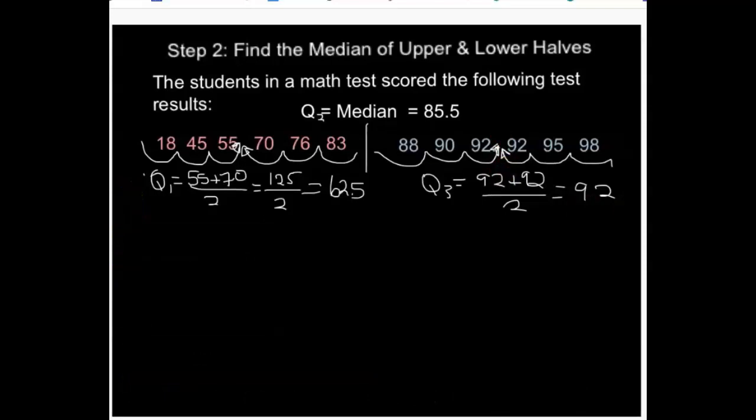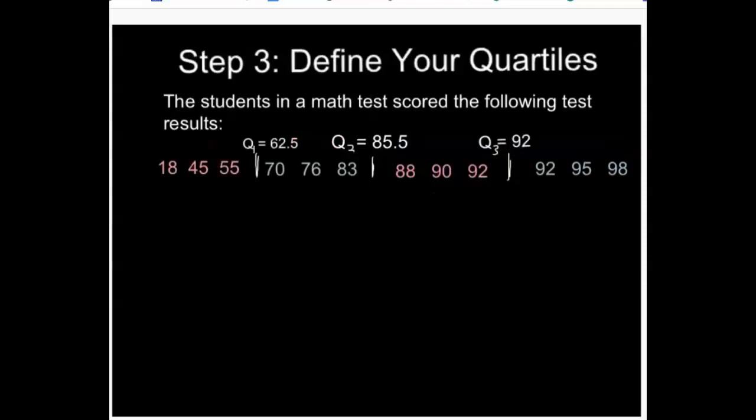I'm going to go ahead and rearrange this so we can really get a clear aspect of our 4 quartiles. So now it's pretty clear to see how I've rearranged, and I have 4 groups of 3 numbers each because I had 12 data points to start with. And I have my quartile 1 number, which is 62.5, my quartile 2 number of 85.5, and my quartile 3